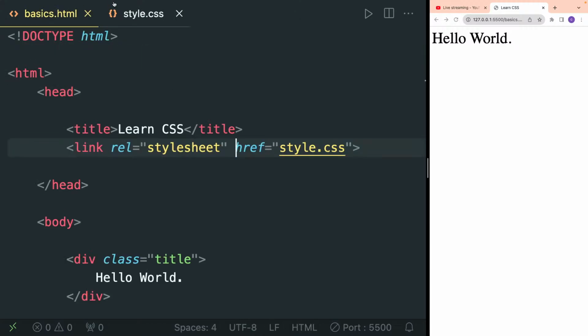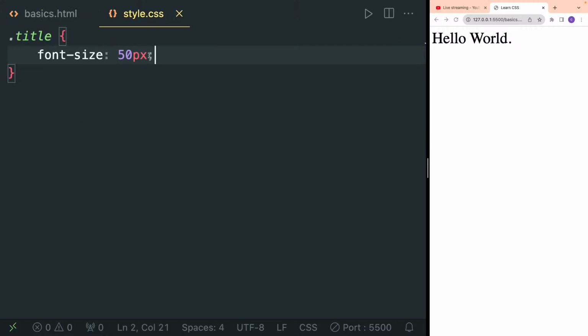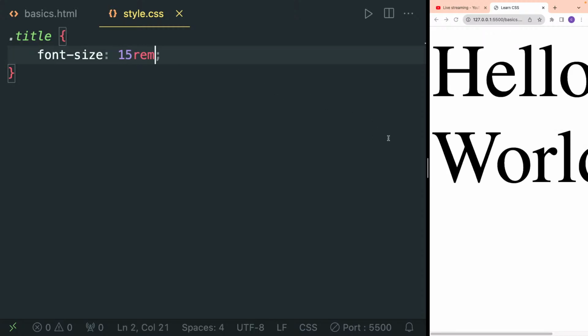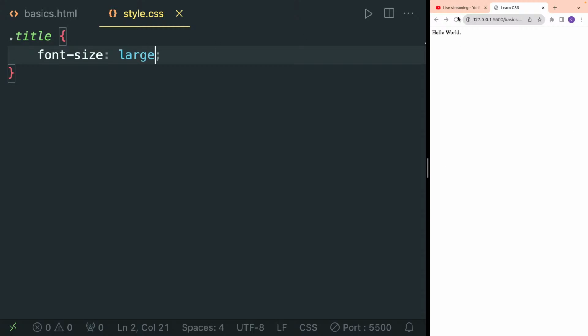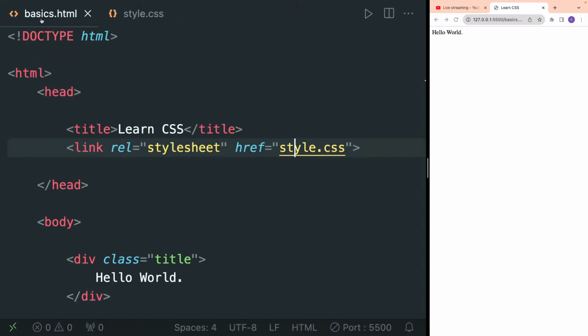So this style and HTML are now connected with rel style sheet and href style.css. I can write 15 rem here. It will become more bigger, right? So for now, just let it be large, or I can say larger. Larger. Okay,